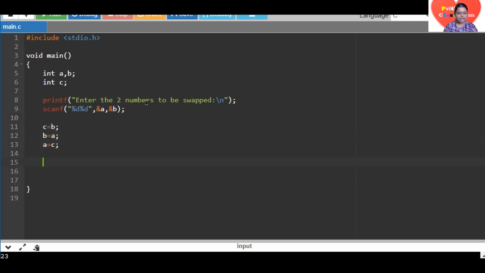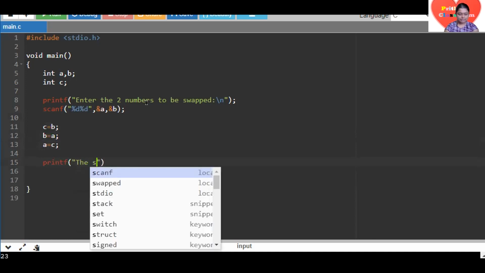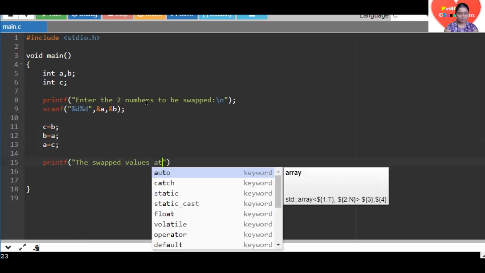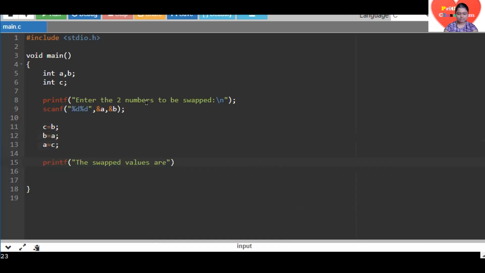Now I'm just going to print the swapped values. Swapped values are, so I'm just going to print it in a new line, slash n.